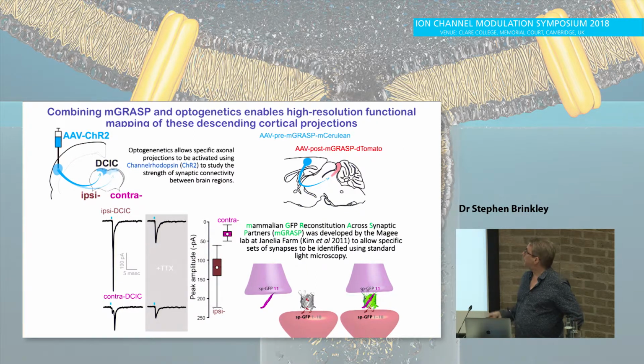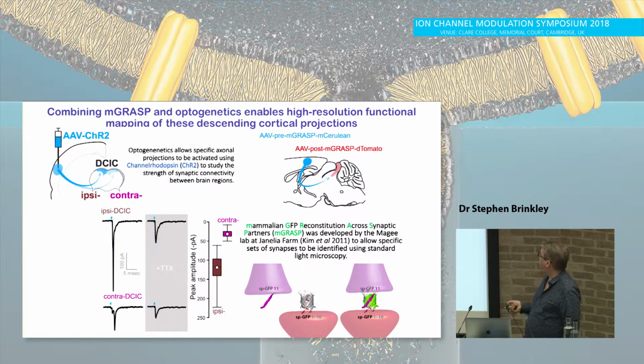Now, with these types of experiments, you get these highly polysynaptic responses, which you want to block. So you go into TTX. You also add 4AP in there to depolarize the presynaptic terminals a little bit, I assume, but I'm not really sure why. We've tried it with and without, and it seems to help if you have 4AP there. And then you get nice monosynaptic inputs. And the monosynaptic inputs also show larger responses in the ipsi than the contra, and that's the quantification there.